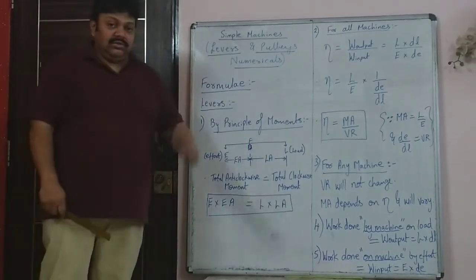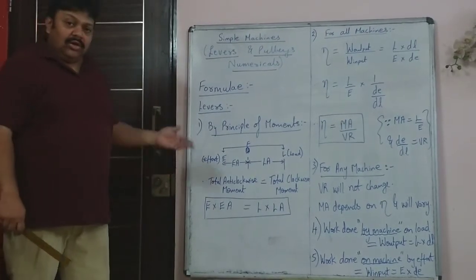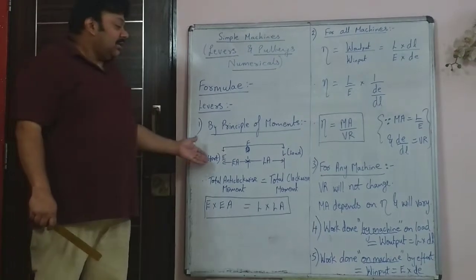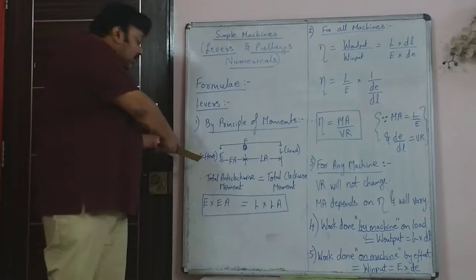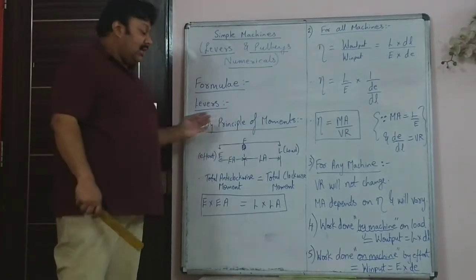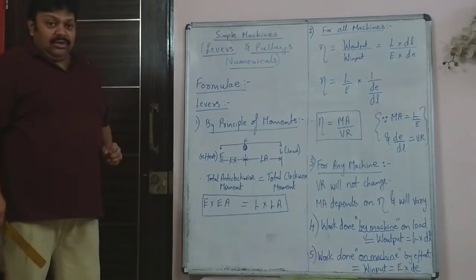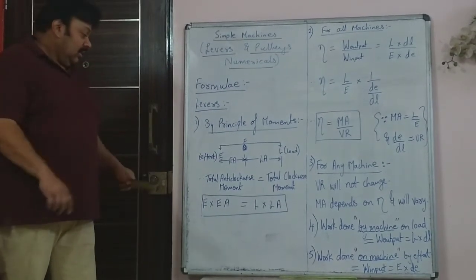These are forces. So units of force will be Newton, or dyne, SI and CGS units. Or you can write it in kgf and gf. But the only thing is, if this is in Newton, that should also be in Newton. You can't have effort in Newton and load in kgf. And you know 1 kgf is 9.8 Newton.